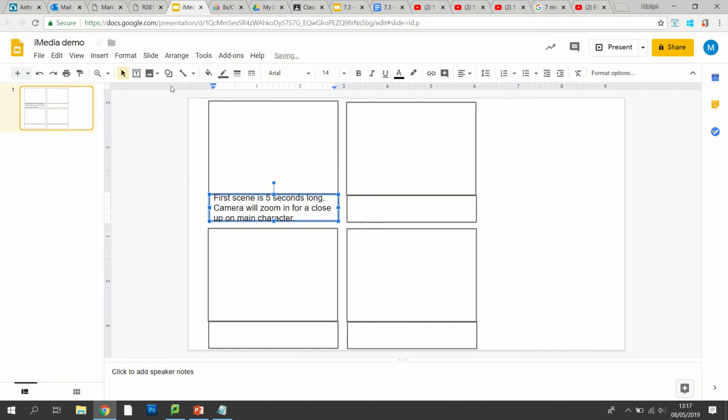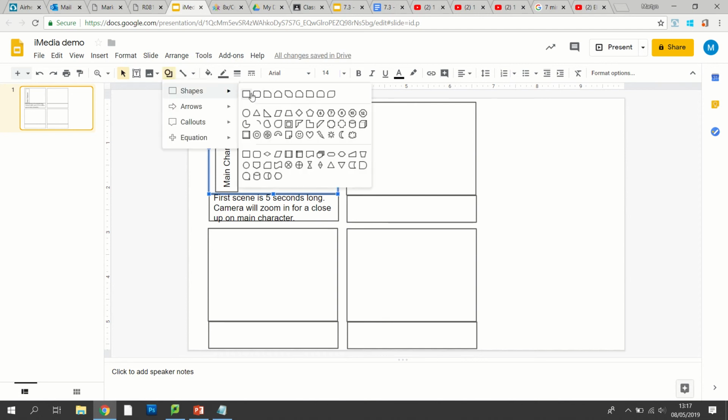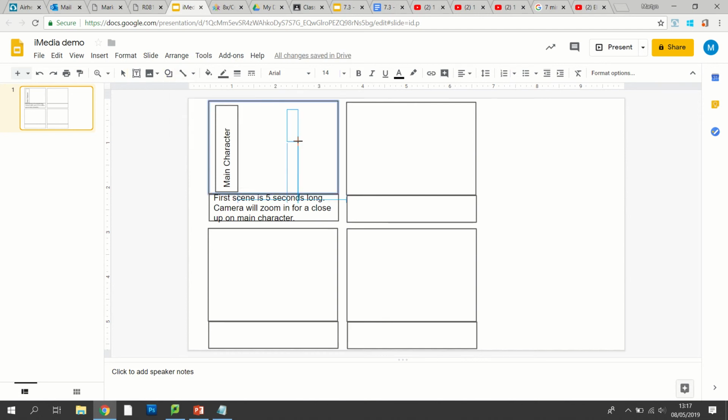This will be a bit weird, but you'll see what I mean in a second. Right, main character, stick him up there, and store owner. Okay, so I've got both my characters in there.